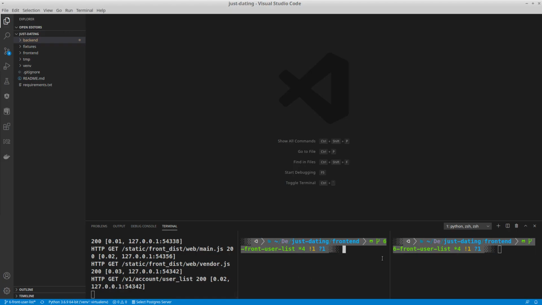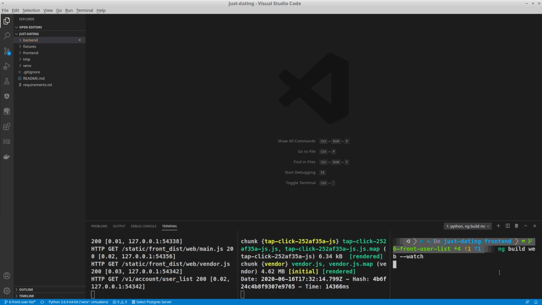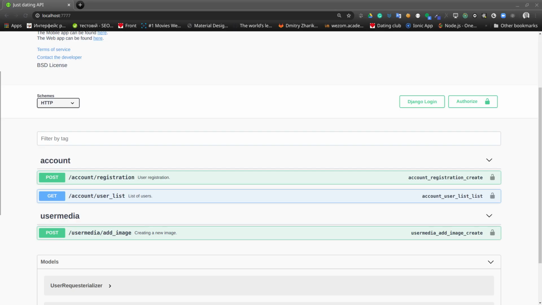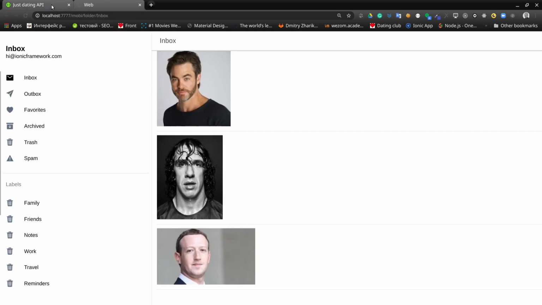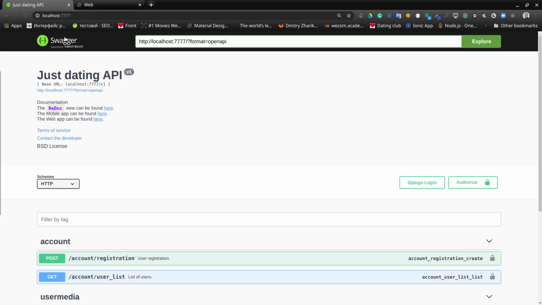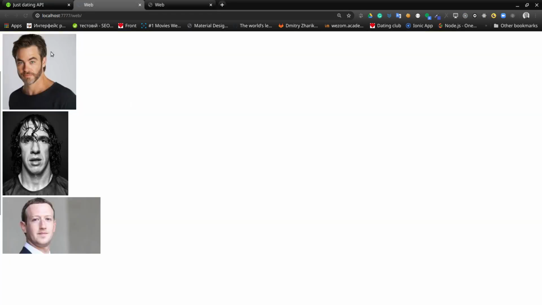If I open my editor and run the building process for the mobile application and for the web application, I will get another two front-end pages, for mobile and for web. Oops, sorry, for this moment the building process was not completed. Okay,